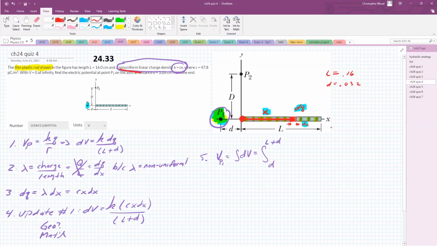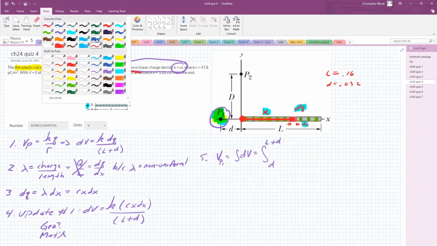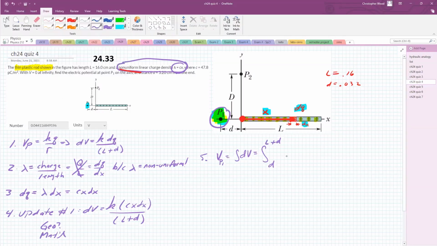Okay, that looks good. All right, times K times C times X dx all over